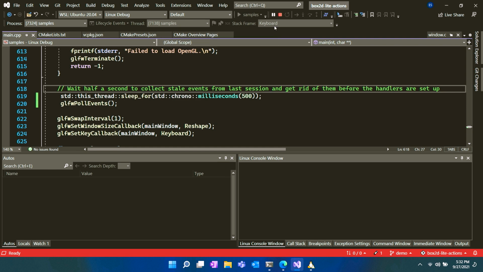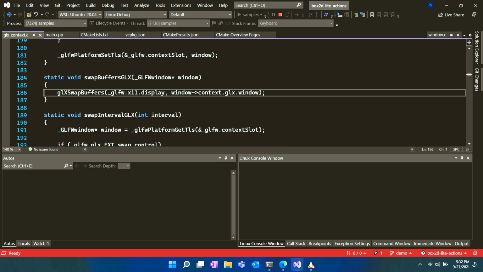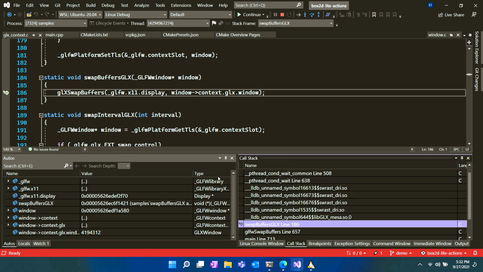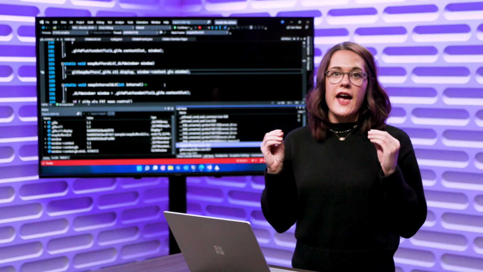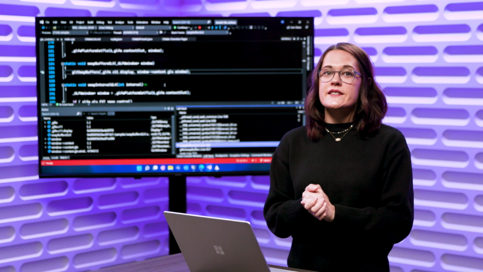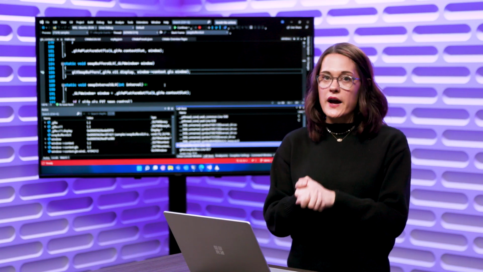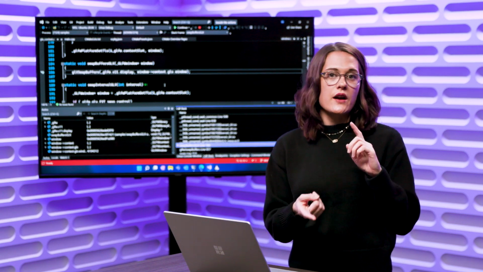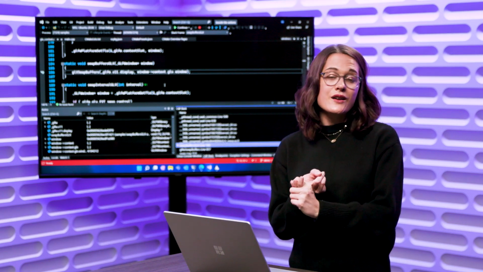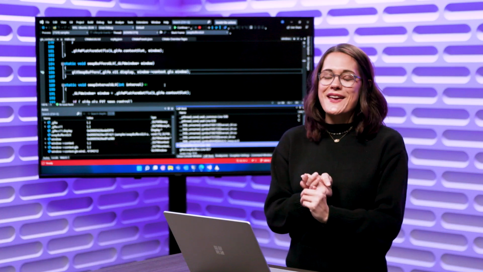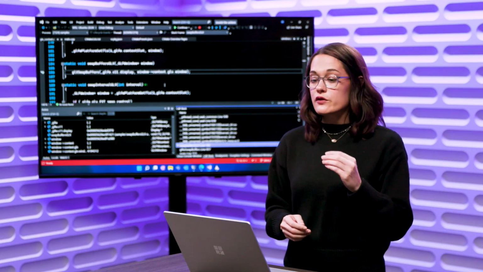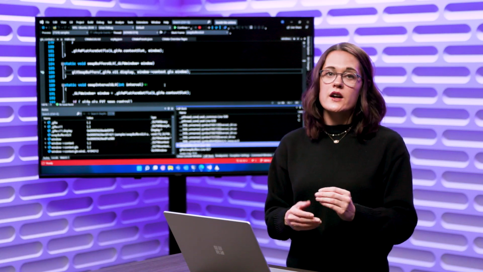And when I press pause, I will see the current line of execution, as well as my variables, the call stack, and I'm ready to start debugging. One thing that I want to emphasize about this workflow is that it doesn't matter how you build the binary that you're attaching to from Visual Studio. So you can be building with a custom build script, with Make, with Xcode, with CMake, it does not matter. You can still attach to it and debug it using the front end of the Visual Studio debugger, backed by